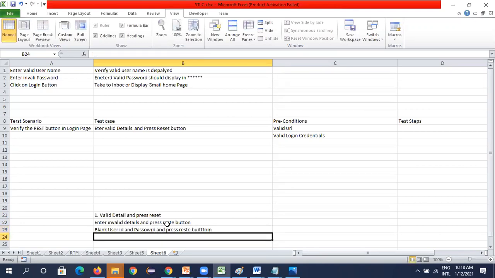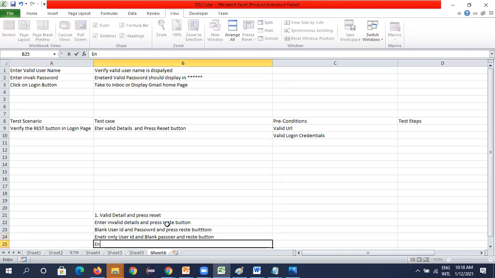Next, enter only user ID and blank password and press reset button.